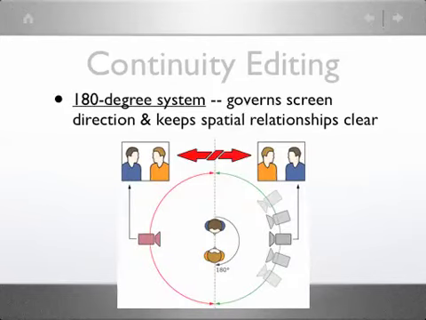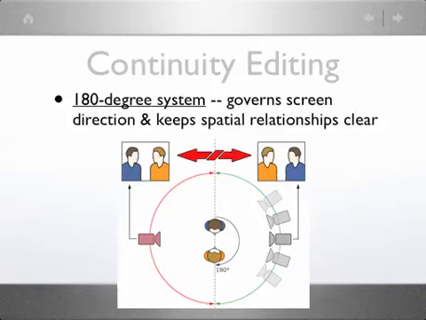This is a graphic that is somewhat similar to the one that is in your Sickoff text, in that it has the axis of action. In the diagram in your text, it is horizontal. Here, the axis of action is represented vertically. And the area in a 180-degree range or half circle of range, on one side of that axis of action is the area where a filmmaker can place his or her camera to maintain continuity, to maintain screen direction, and